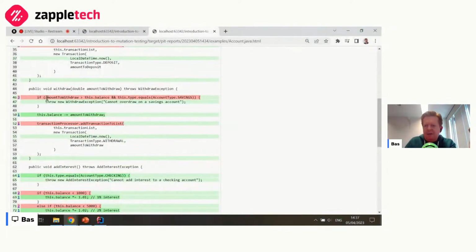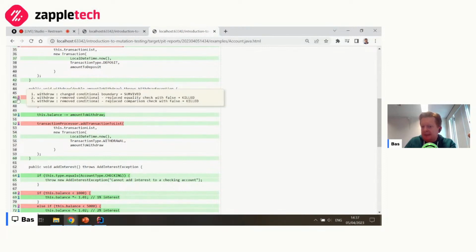Meaning that if you want to withdraw an amount that's larger than the current balance, and the type of the account is savings, it should throw a withdraw exception. So it's a slightly more complex guard clause.